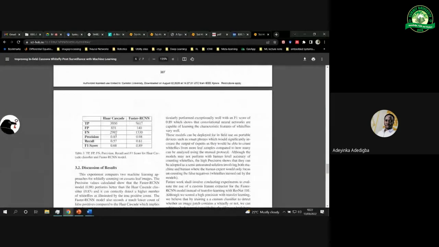In this case now, it will be a quantitative result, that maybe its precision now is 0.83, and okay, for faster RCNN is 0.98. The recall is this, that one is that. So you can discuss it, and from this result also, you can bring in your own opinion. That looking at this,